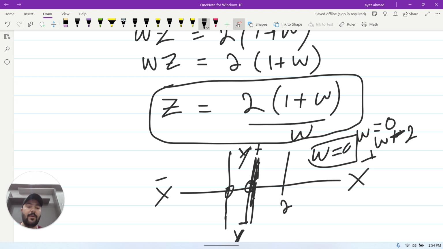And if you put the values with respect to z, then z will increase on the positive values here in the upper column and the negative values here in the lower column. So this would be the